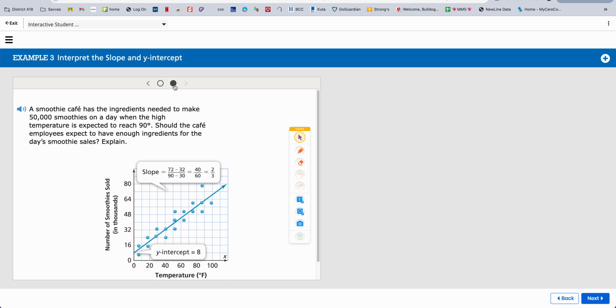Can you see 90 degrees on the graph? Yes. At 90 degrees on the graph, how many smoothies does it say they're probably gonna sell? A little bit less than 64,000. So if they got enough stuff to make 50,000, and it's gonna sell about 62,000, they're gonna have a bad day. All right, they're gonna run out of stuff, and people are gonna be mad, and they're not making all the money they should make. So they need to get some more bananas on hand real fast so they can make more smoothies, right? Okay, so